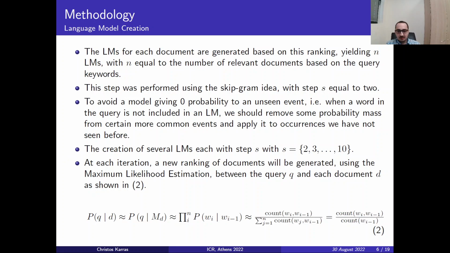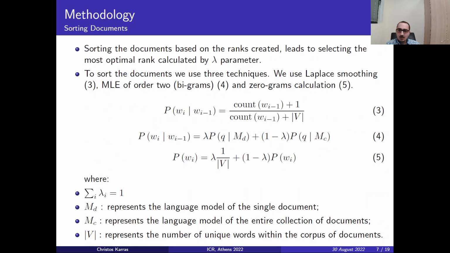Next, on each iteration we perform a new ranking of documents using the maximum likelihood estimation between the query Q and its document D, which is shown in equation 2. Basically, we count the weights we created before, the weight minus 1, and in the denominator we count the weight minus 1. So this creates an approximation to rank the documents. We sort the documents based on the ranking we created. Sorting the documents based on the ranks we previously created leads to selecting the most optimal rank calculated by